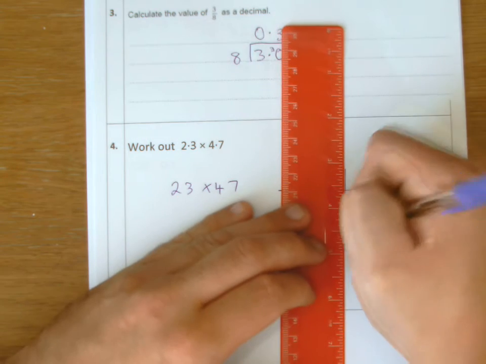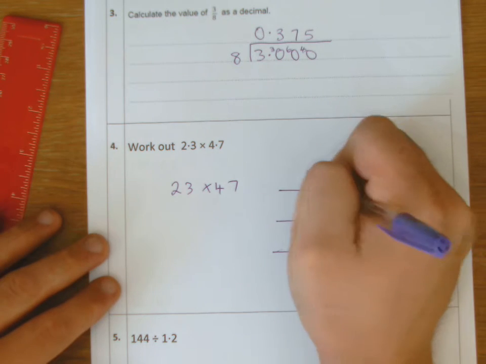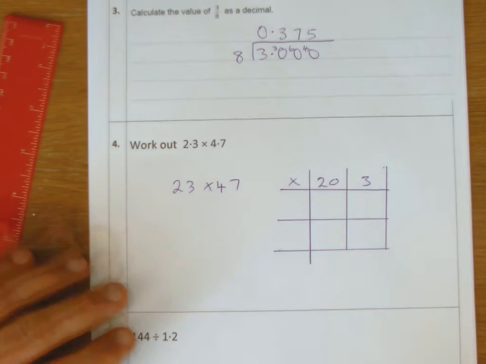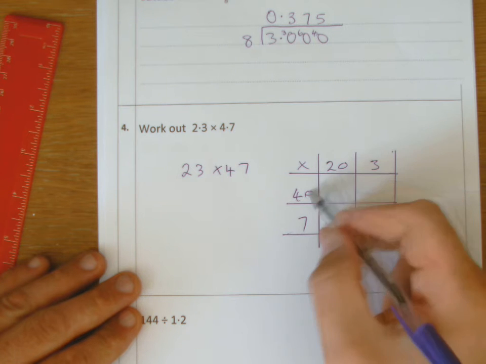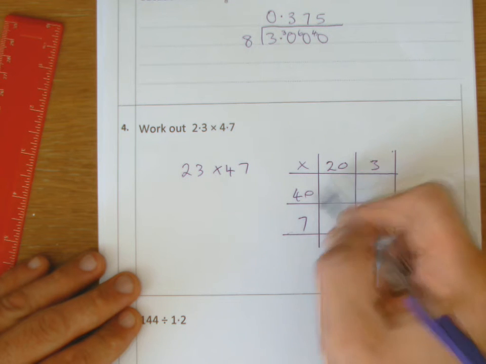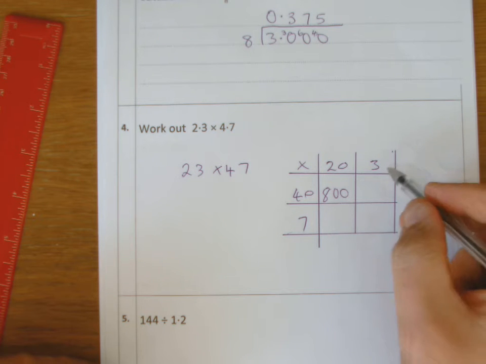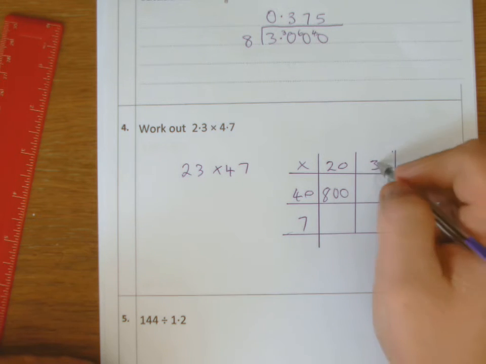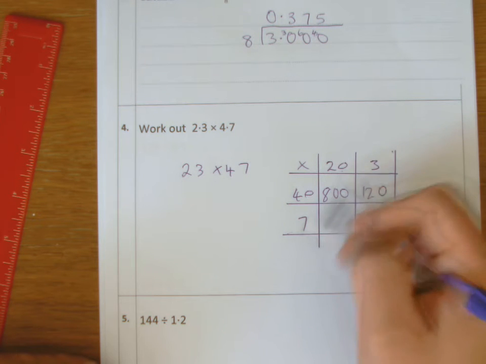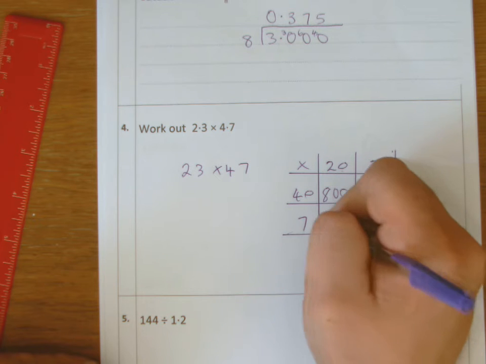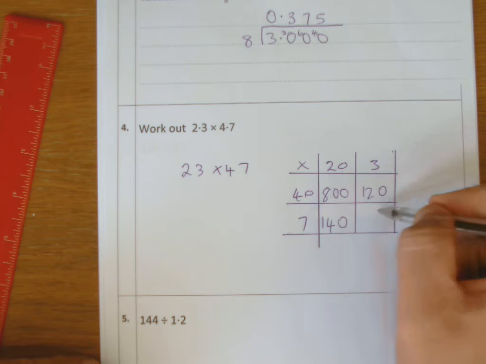So we've got 23 on the top, so we'll write down as 20 and 3. Okay, splitting it up in tens and units. 47, 40 and 7. Okay, so when I multiply these, 20 times 40, well 2 times 4 is 8, so 800, so add the 2 zeros. 3 times 40, well 3 times 4 is 12, add 0. 20 times 7, well 2 times 7 is 14, add the 0, and 3 times 7 then for here is